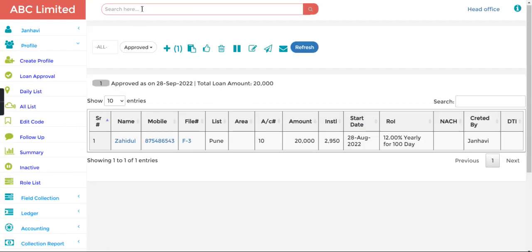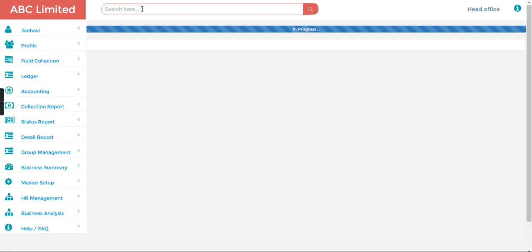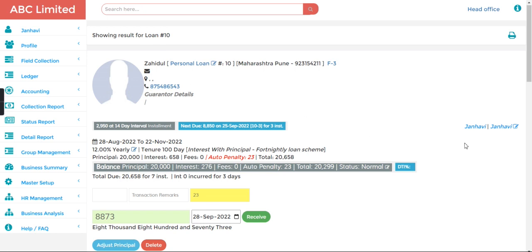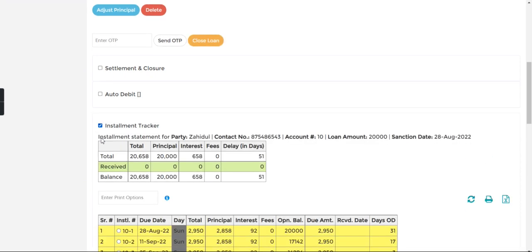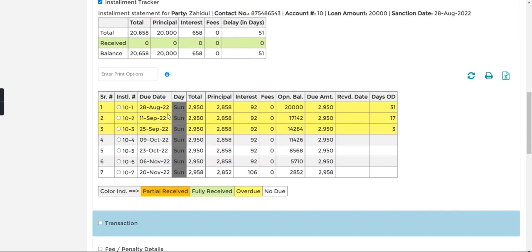Now you can search this loan from the search bar, loan number 10. Here you need to check the installment tracker, whether it is created correctly. Here you can see this loan is for 100 days and installment is coming every 14 days, like from 28 August, after that 11 September, then after that 25 September. So this is fortnightly scheme. Every 14 days the collection is